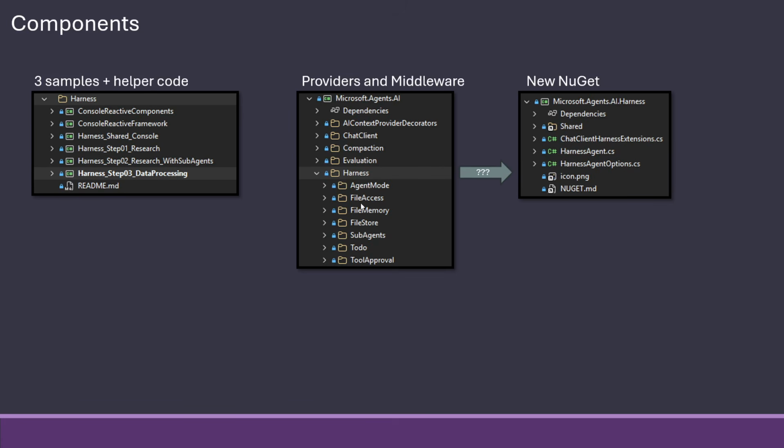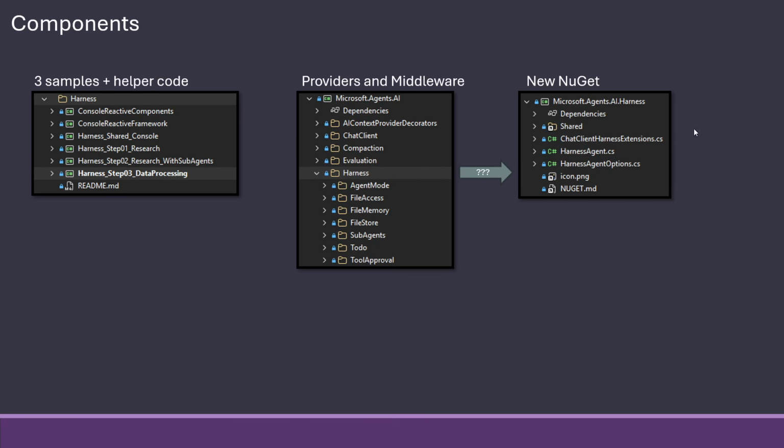There are some tools for file access. There's memory and storage of files. There's spinning up sub-agents. There's a to-do item, just like you see in GitHub Copilot, where it makes a list: now I need to do this, now I need to do this. And then there's a tool for, hey, approve this tool and don't ask me again.